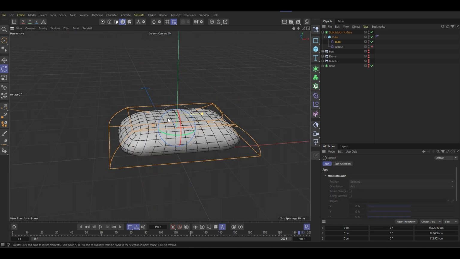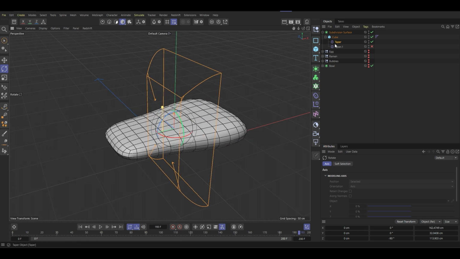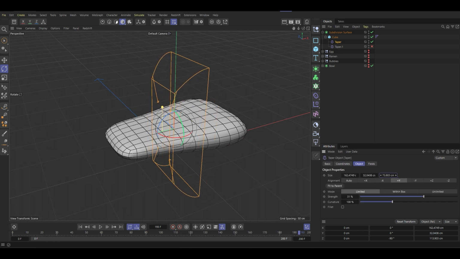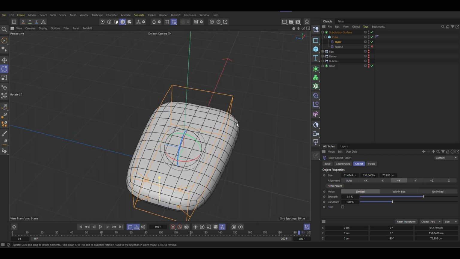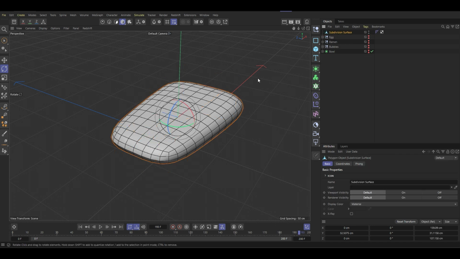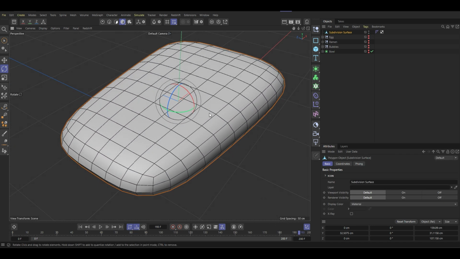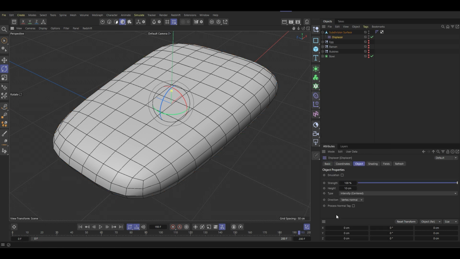And just, oh sorry, just make it like this. I'm just going to make it more something like that. Yeah, all right, this is good. Once you have that, go to select the displacer, shading, noise,